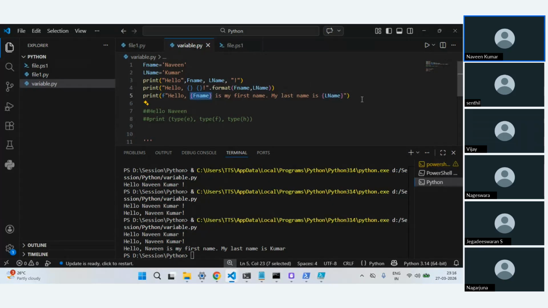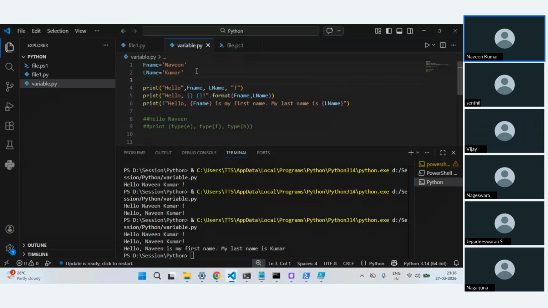And one more thing, whenever you define a variable, there are certain standards which you have to follow. You cannot have a variable name starting with a number. Like that, there are certain rules. I think you cannot also have a special character. So this is another thing. You have to have a meaningful name. You cannot start with number or special characters. So these are some rules which you have with Python.